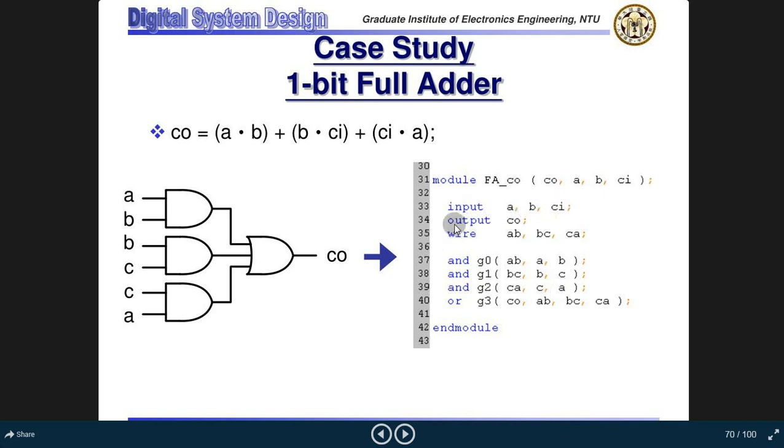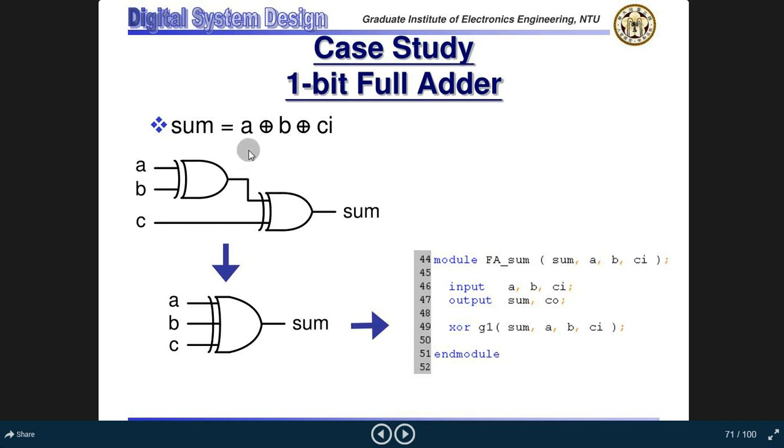For input, the same process will be taken here. Output for this is C0, where AB, BC and CA. The inputs are A, B and Ci, and G0, AB comma A comma B, and G1, BC comma B comma C, and G2, CA comma C comma A, and OR gate G3, C0 comma AB comma BC comma CA. This is the end module.